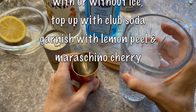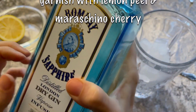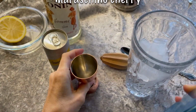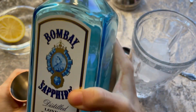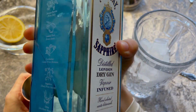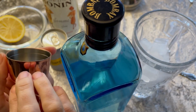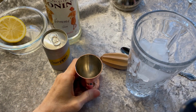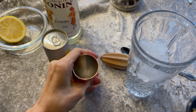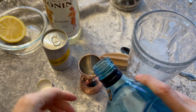and I've probably said before, I really like the Bombay Sapphire because it's very aromatic and lovely tasting gin. I've got our measure there. So we'll do 1.5 measures of